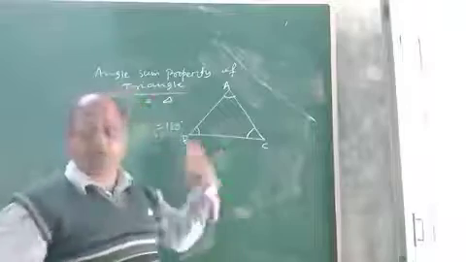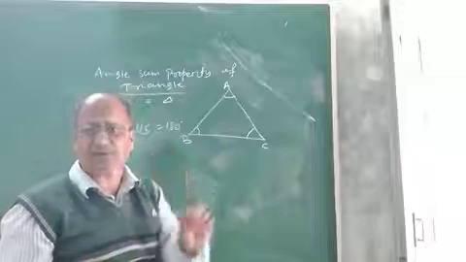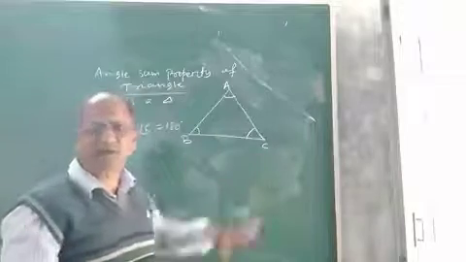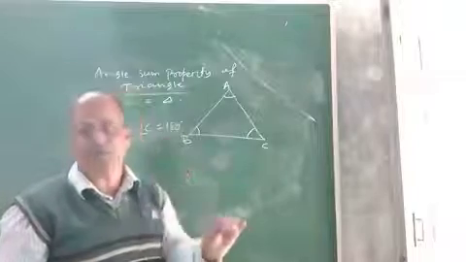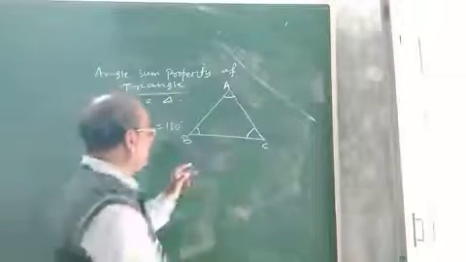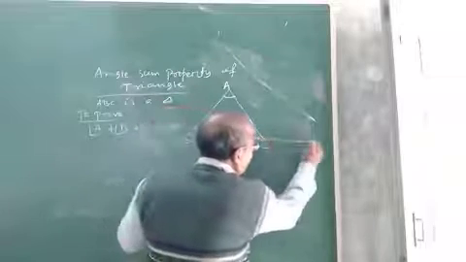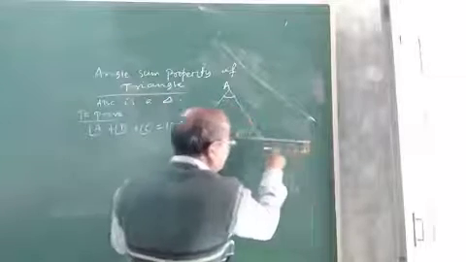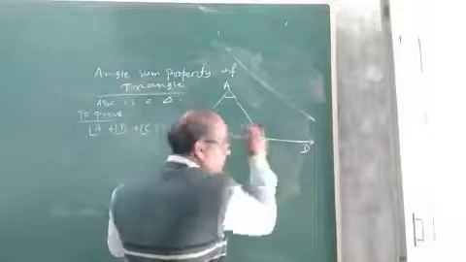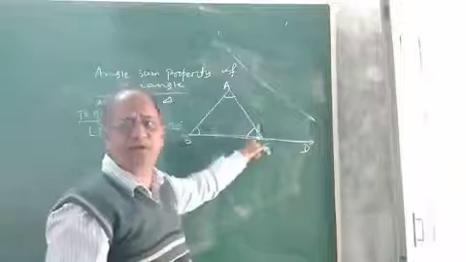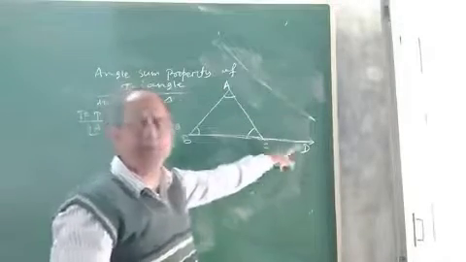Now the point is how to prove it. In order to prove it geometrically, we have to do some construction. So what construction is required? Actually this can be proved in several ways. One of the easy methods I am going to tell you. So children, the construction is just to extend or produce any one side. Suppose I produce or extend this side BC up to D. Extend or produce any one side of the triangle. Okay, let us extend BC up to D.